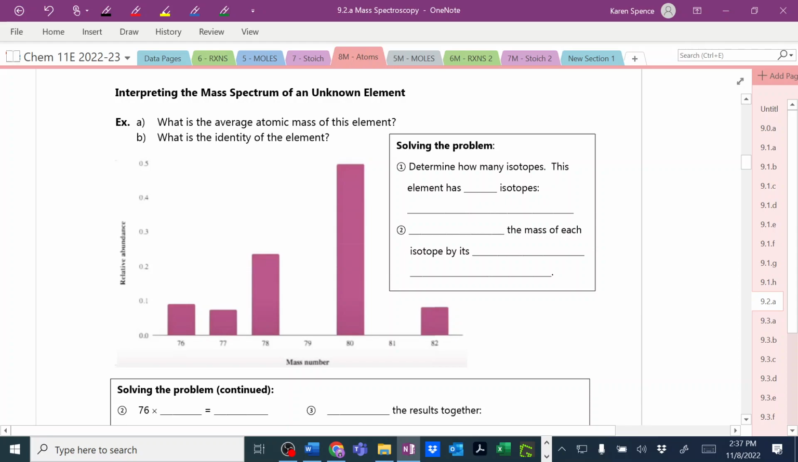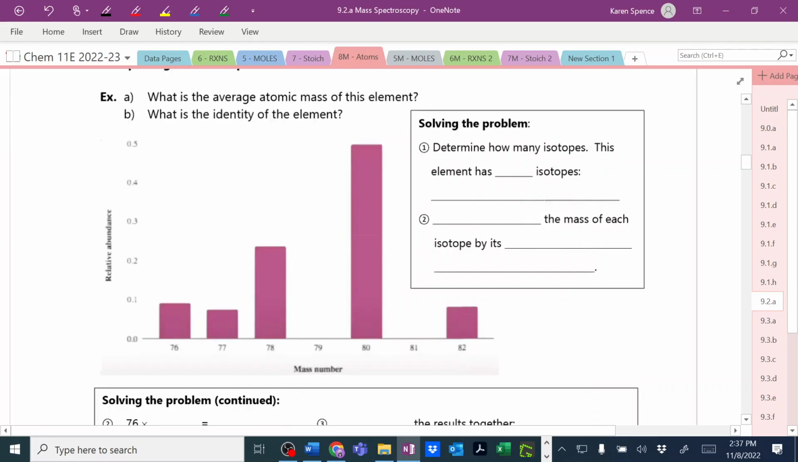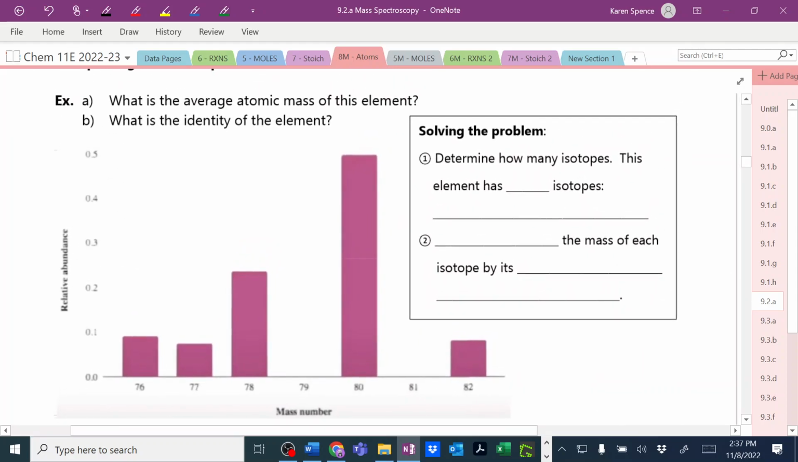Now, if you have something like this, and you're like, oh, I have an unknown element, what is it? Well, it's got to be something whose atomic mass is close to 80, yes? So we're looking at, if I go to a periodic table,